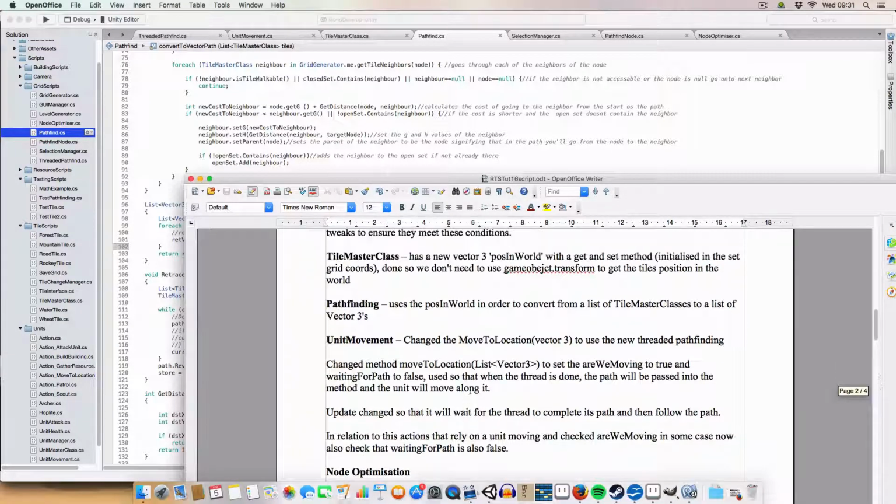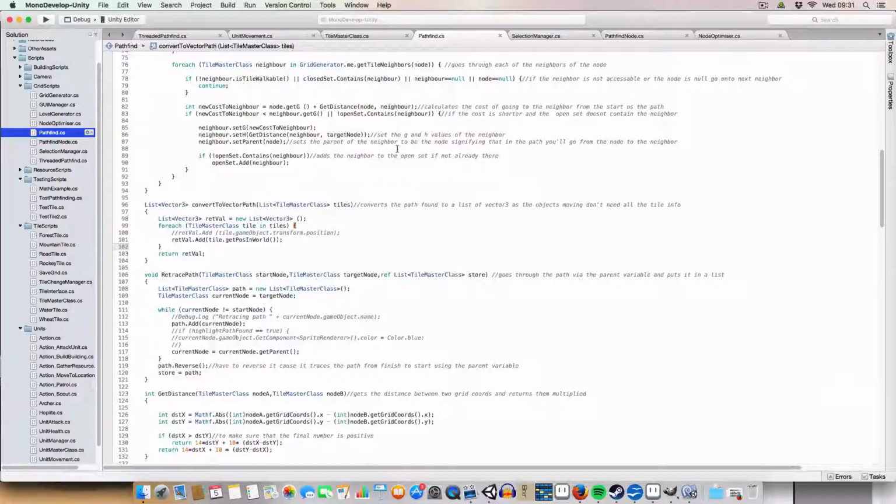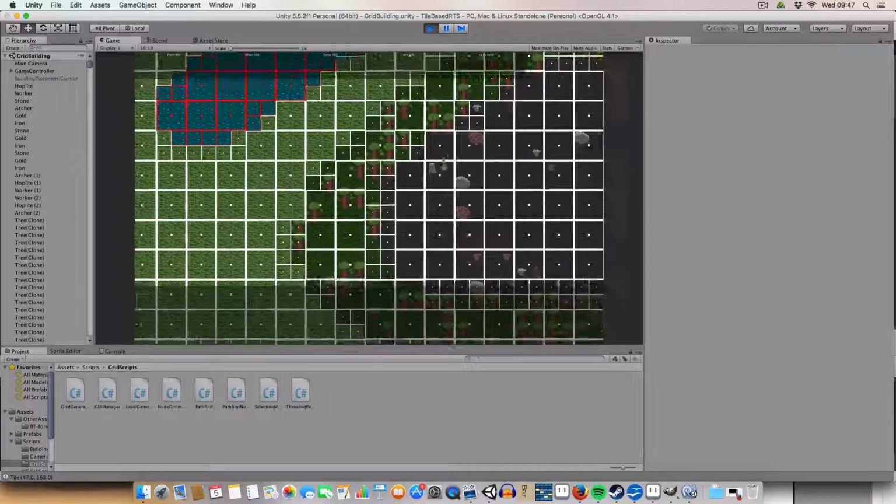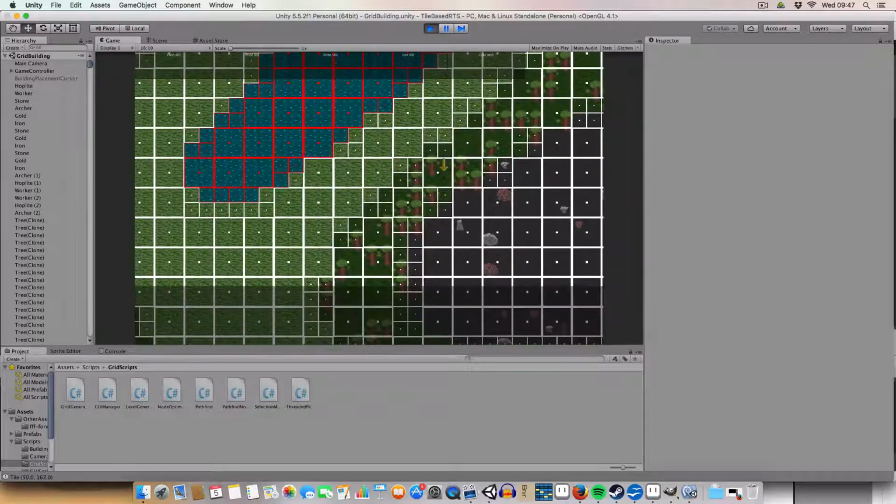Yeah, that's pretty much it. Now on to the node optimization. Okay, so now we're on to the second part of the improvements that Pathfinder made, which is the node optimization,